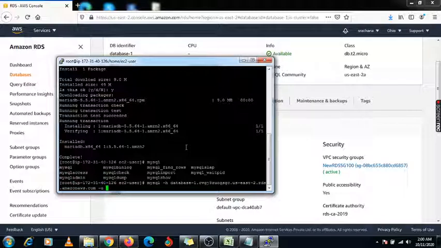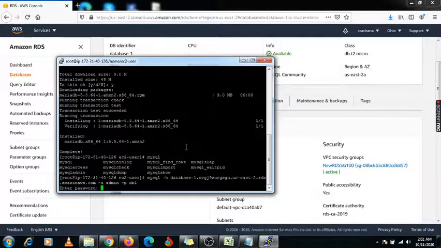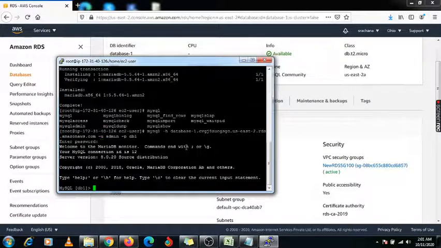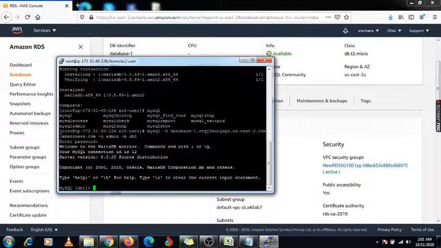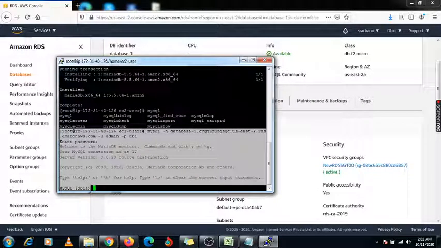We specified the username as admin while configuring it, and here is the option space -p, and give the database name which you have provided, that is db1, and enter. Now it is asking for the password, so I have set this password as temporal. Now this database is accessible, having the same version, and this database is accessible from this AWS account to my Linux machine. So this is the method you can use to access your database on your Linux EC2 instance.